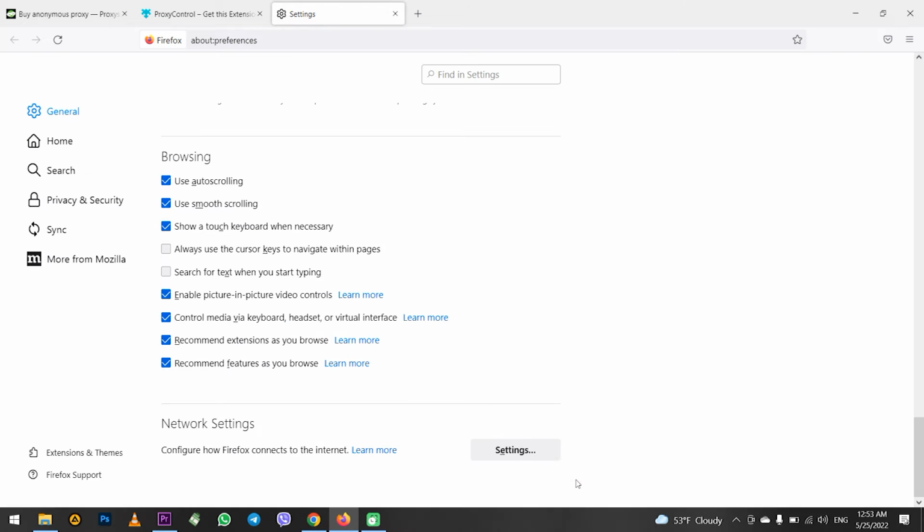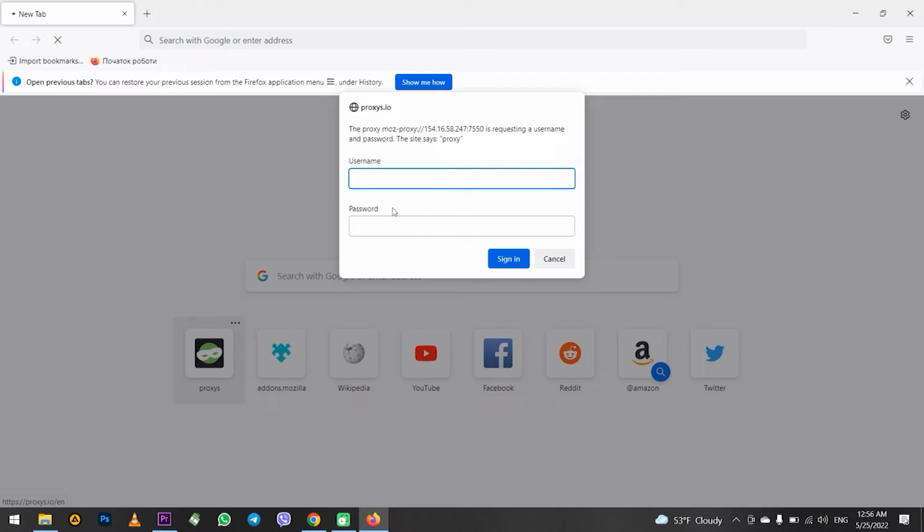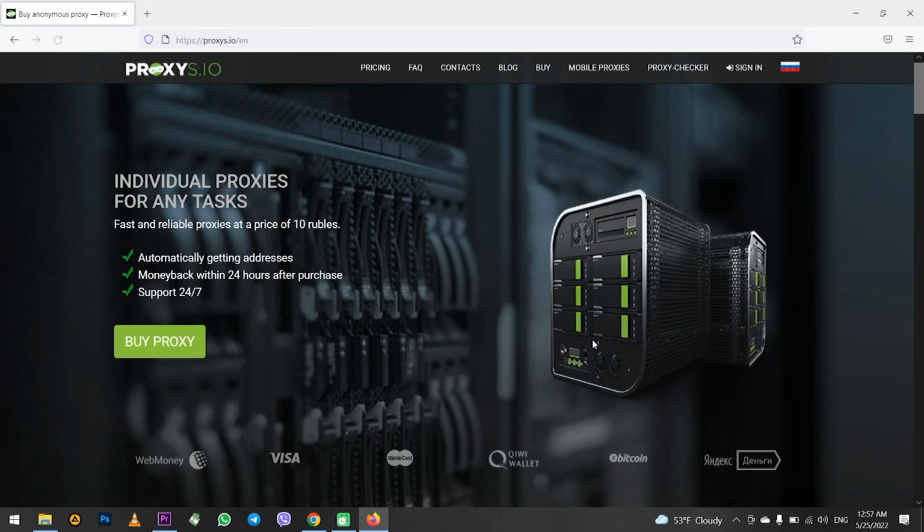If you have a free proxy, then nothing else is needed. You will immediately be able to work on resources through a browser with a configured proxy. And if you have a personal proxy, then when you go to the resources, the browser will ask for the login and password for your proxy. Enter and work. But you should remember that using a proxy directly through the browser cannot always guarantee stable